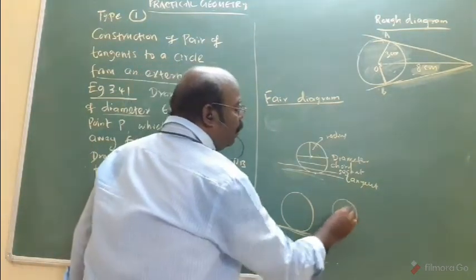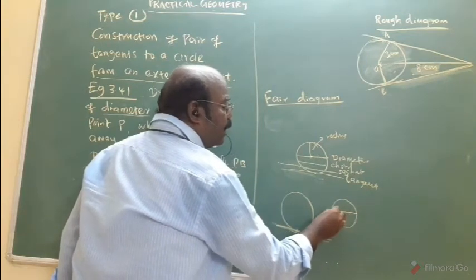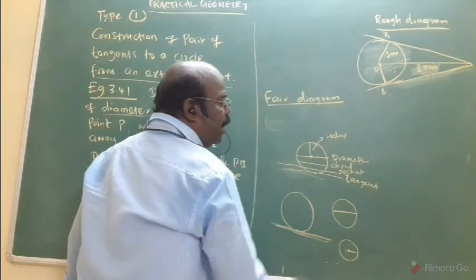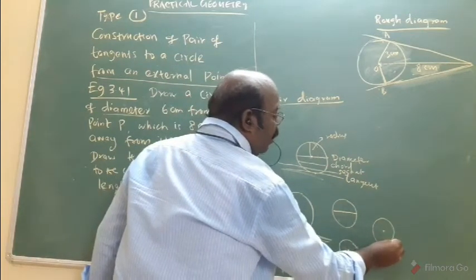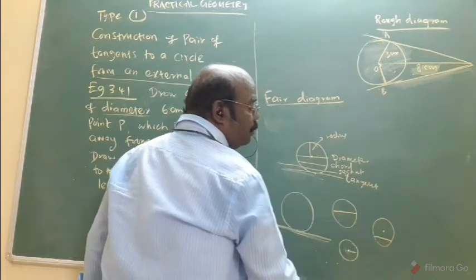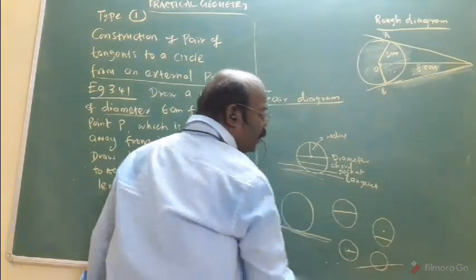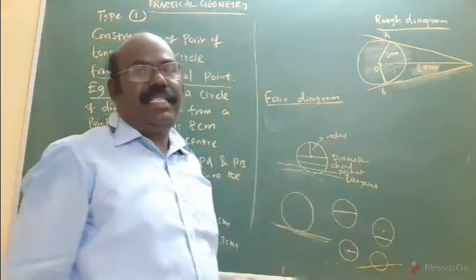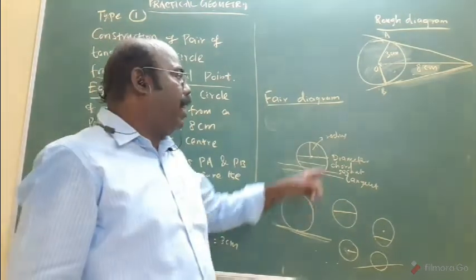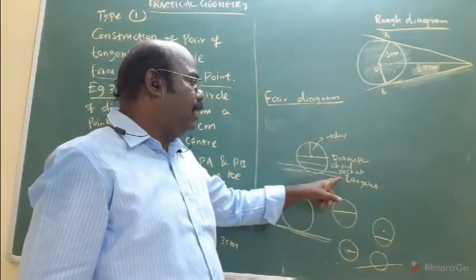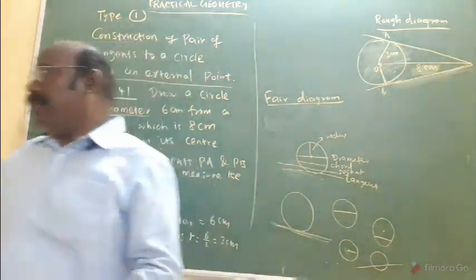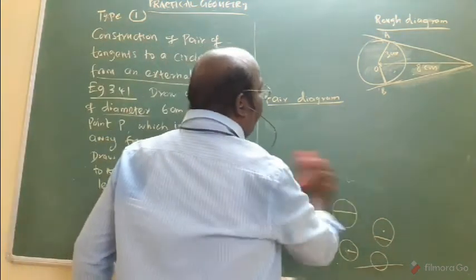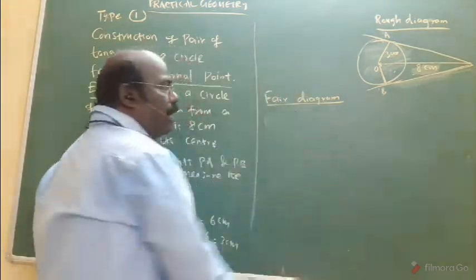Same thing: a line that passes through the center is called diameter, and half of its length is radius. A line that does not pass through the center is called a chord. A line that intersects the circle is called a secant. S-E-C-A-N-T. Radius, diameter, chord, secant, tangent. This is an important concept today. You must know the concept. Here, diameter is given, we need radius, that's why half of the diameter is radius.